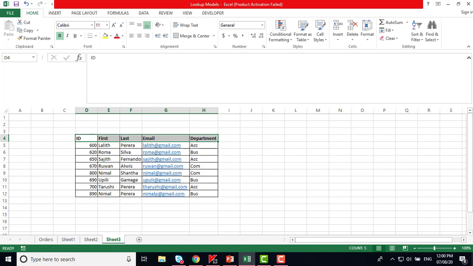Now let me take a small example like given here. Here we can see we have given the ID number, and also the first and last name of the person, email address, and the department he or she is attached to. So this information is available in the table, where you can see it's a horizontal type table, right? Sorry, it's a vertical type of table. Vertical means column wise. You can see the headings at the top, which give you the details about the various information in a column wise system. So that's why this is called a vertical type of table.